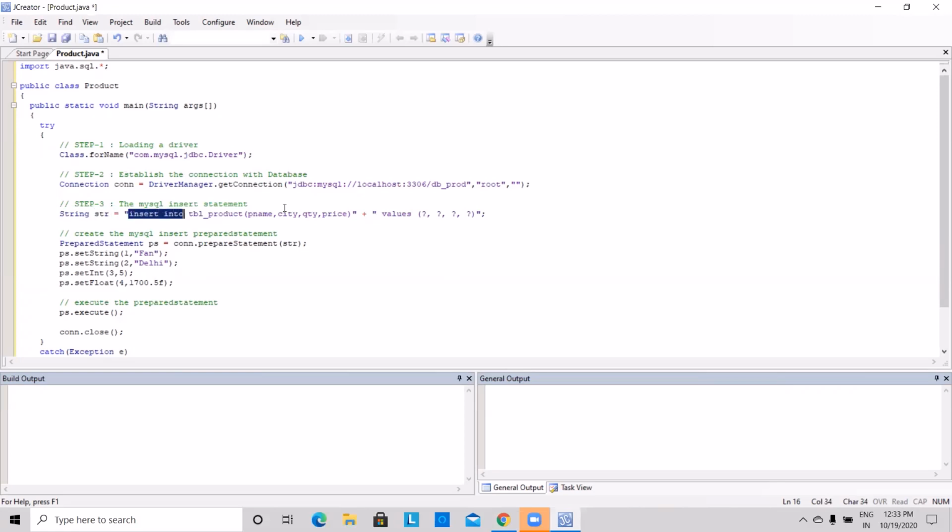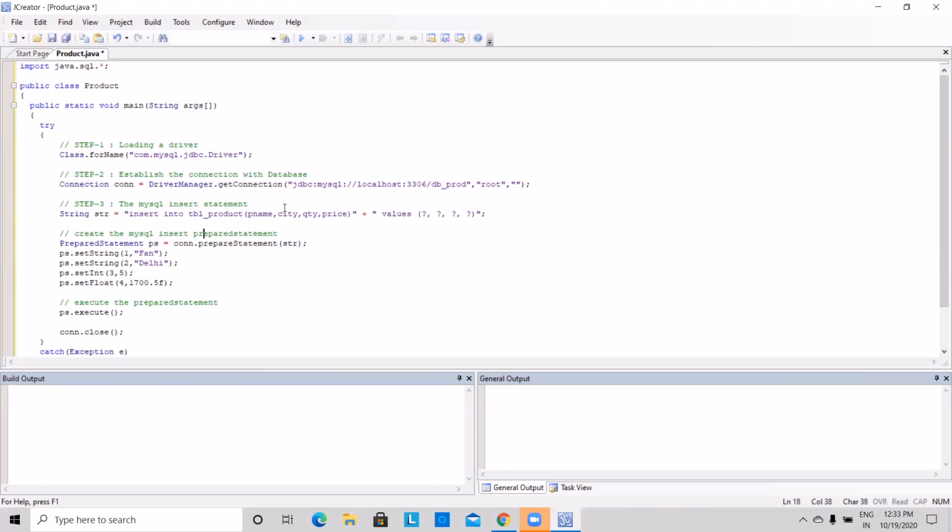Insert into, I want to insert data in tbl_product. This table we have already created. P name for product name, city, then quantity, price. These are the column names of my table. And these are the 4 question marks, meaning 4 values I want to insert. Those 4 values are nothing but product name, city, quantity, price, and at the last a semicolon.